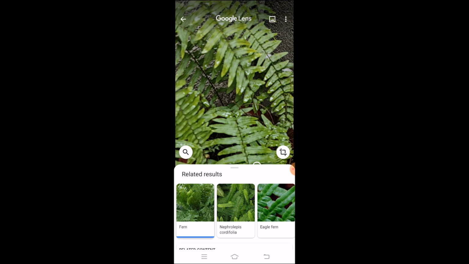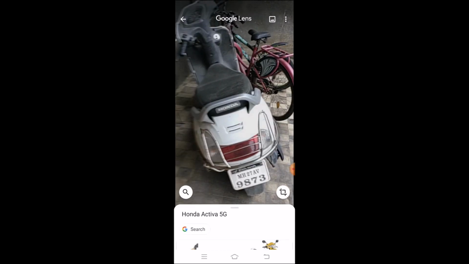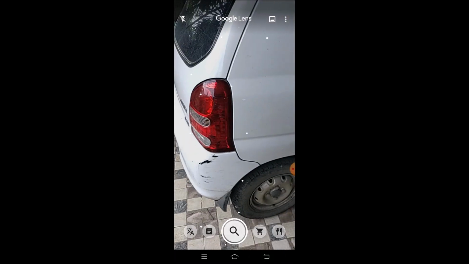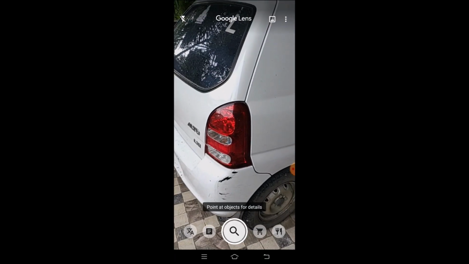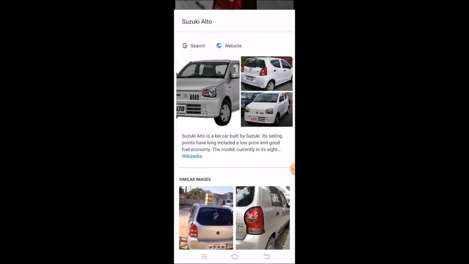Even it is identifying different things, like vehicles can also be identified. I'll point towards the vehicle, and it is directly going to give me the details of that vehicle, Honda Activa. Similarly, I'll try to point towards the four-wheeler, and you can watch it has given Suzuki Alto. So this way this app is helping you in making identification